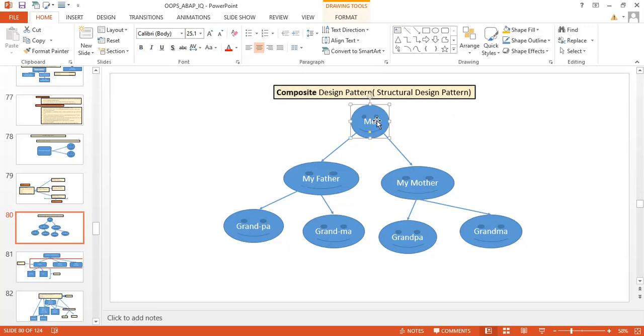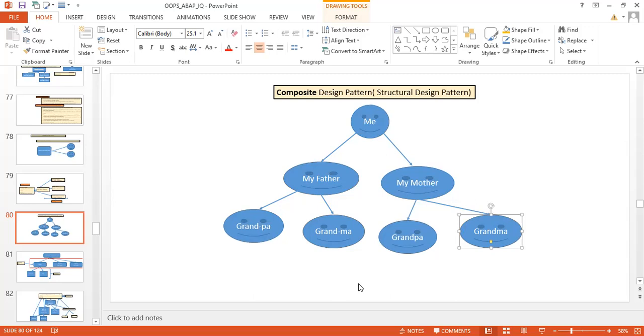For example, if you talk about my genes, my behavior, it all depends on my ancestors, right? Whatever genetic property my father has, my mother has, the combination of genetic property is going to be there with me. And my father's genetic property is dependent on my grandpa and grandma. Here also it is the same thing, and this chain will keep on going.